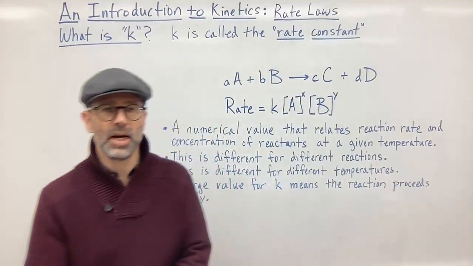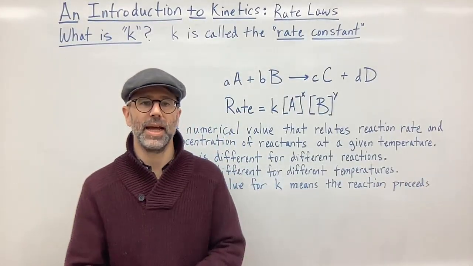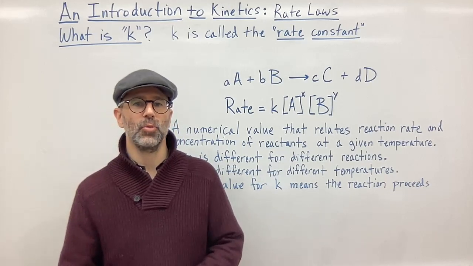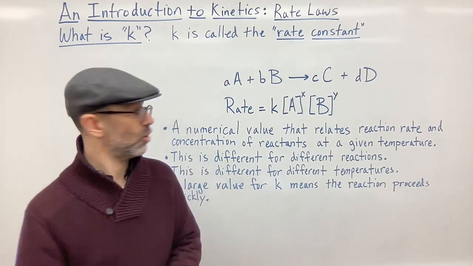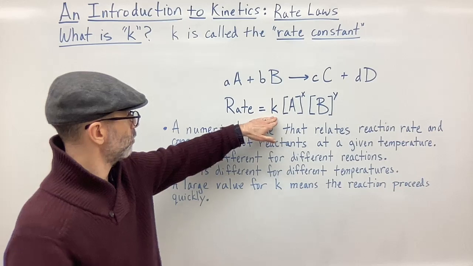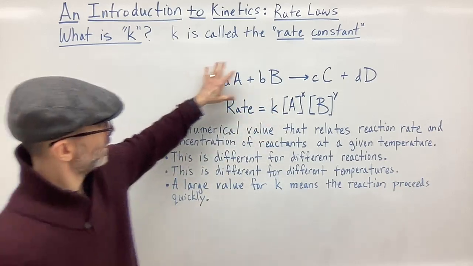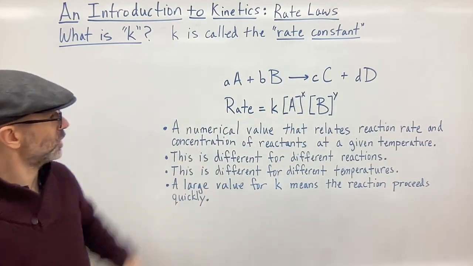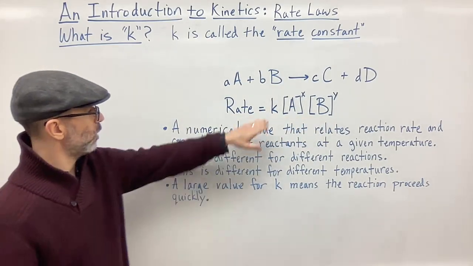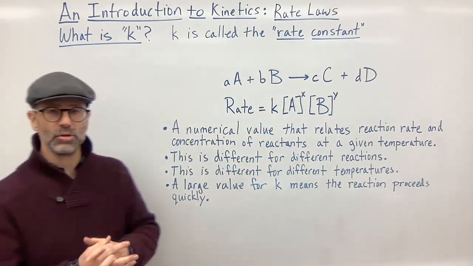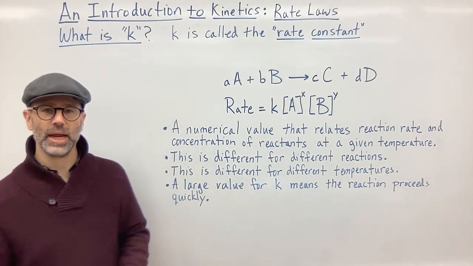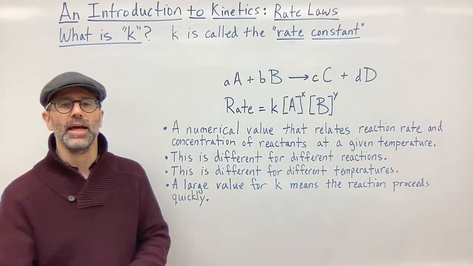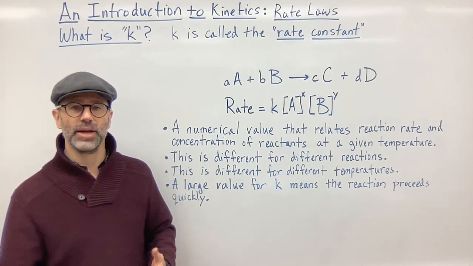Okay, let's now talk about K. What is K? Well, K is called the rate constant. And so what we're talking about is this K right here. So again, here's my generic equation. Here's the rate law, the generic expression of the rate law. And K is a numerical expression that relates the reaction rate and the concentration of reactants at